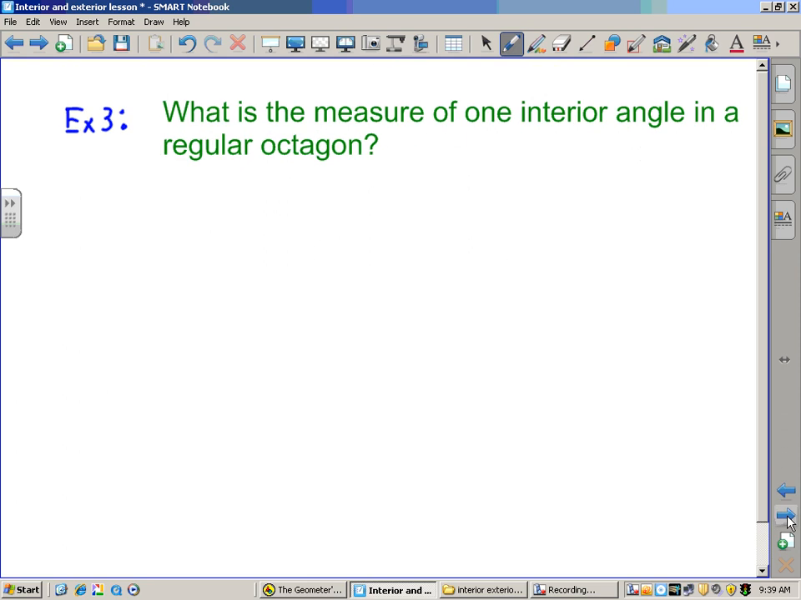What happens if it was regular? Could you find each? What's regular mean anyway? All the sides and angles are equal. So in this question, example 3, I'm saying, what is one interior angle's measurement? Now, if it's not regular, can you find one interior angle? If it's not regular, you can't. But if it's regular,